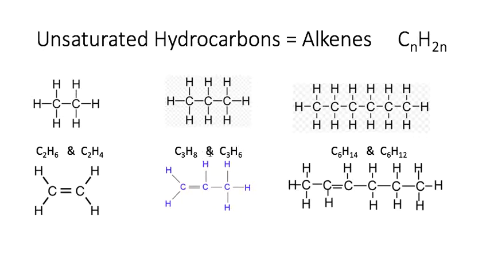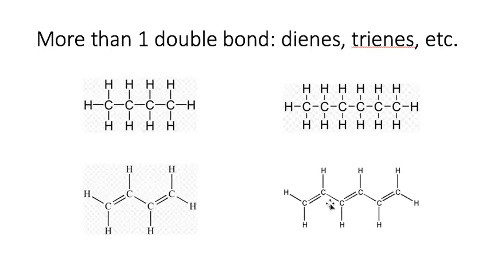And the same thing here. 2 hydrogens are missing, you have 1 double bond. 2 hydrogens missing, 1 double bond. Now, if you have more than 1 double bond, you're going to be missing more hydrogens. So here we have butane, and then here we have